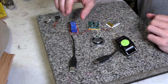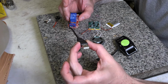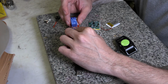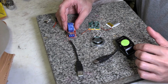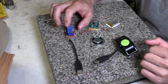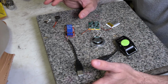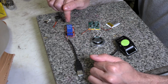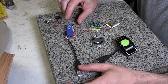And so that can power a relay module, which is on the other end of this USB cable. It's got a positive and negative wire there, and then the one wire here is the one that works with the part of the board that used to be the little vibrating motor, and that will actually turn the relay on. And a relay is just a switch that's operated by an electrical circuit. So we've got one circuit and then a relay to turn on another circuit. It's pretty much what goes on. And then the other side of the relay